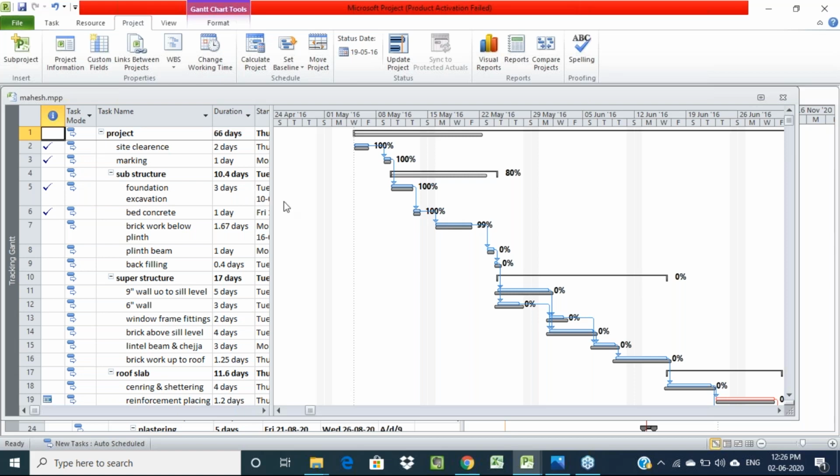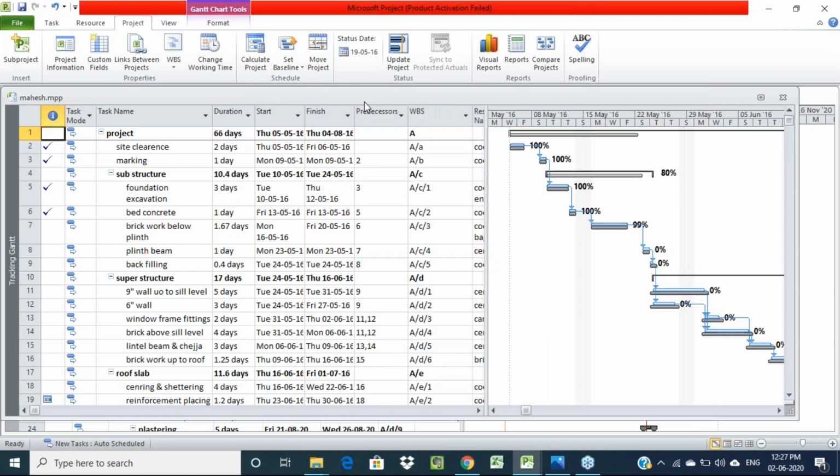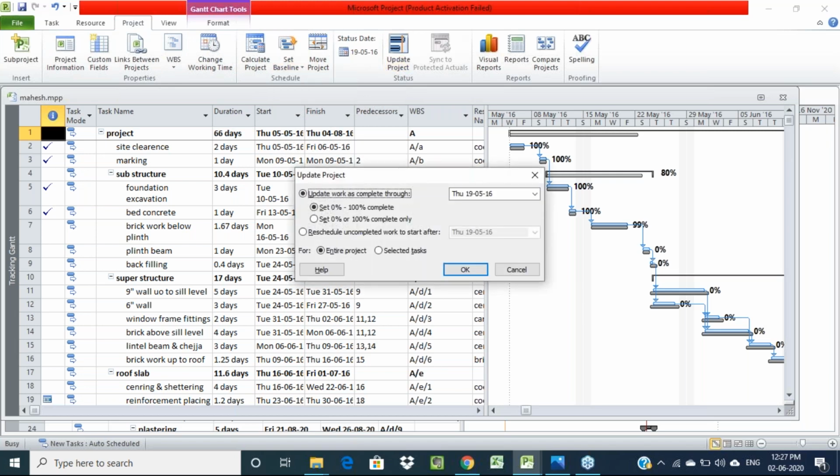For updating and tracking, we are going to use that baseline. Whatever baseline we are setting here, we use it as the standard. For example, one baseline we consider as 100%. If 50% of the actual work is completed, it shows 50% here. Like that we can update each and every activity. So after setting that baseline, you need to go to Update Project. For however many days we want to update the project, all that data we can get here.